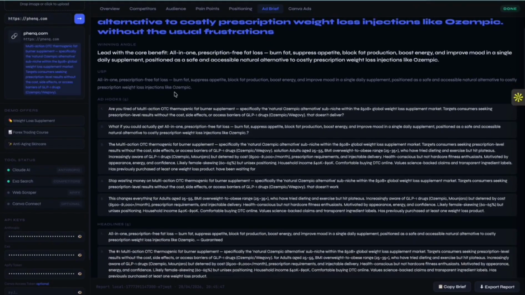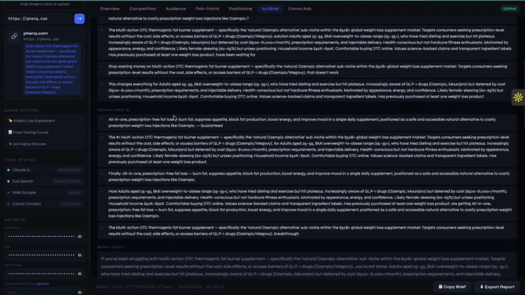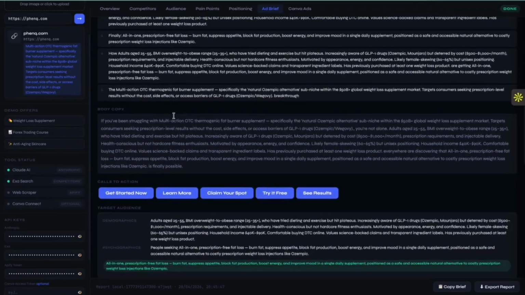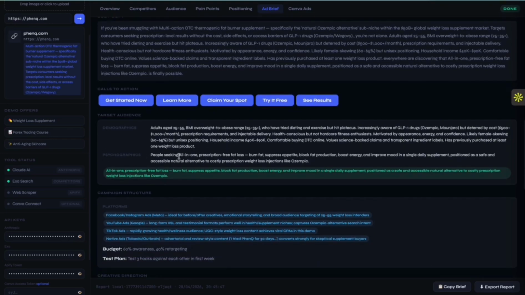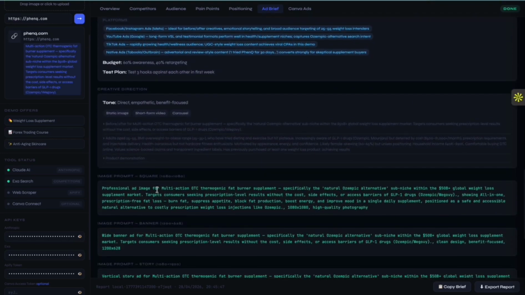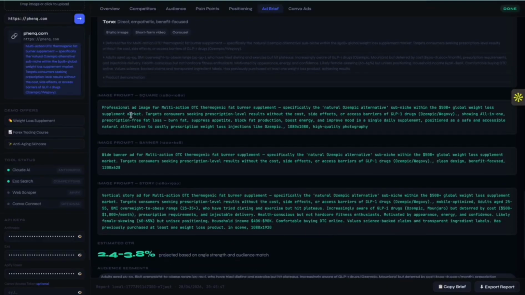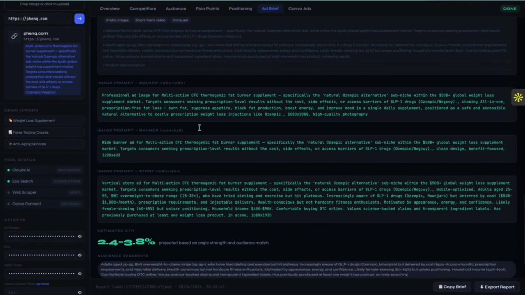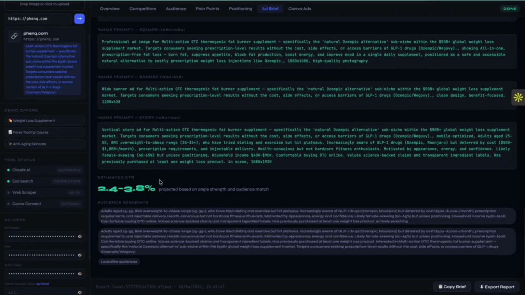You see everything is given out, like the ad hooks, the headlines, the body copy, and calls to action, target audience, campaign structures, the tone by which we can connect with the audience, the prompts to give to the AI agent to make the whole ad for us, and estimated CTR.